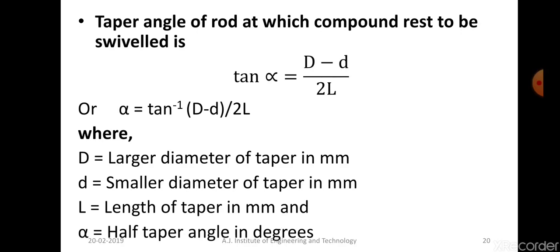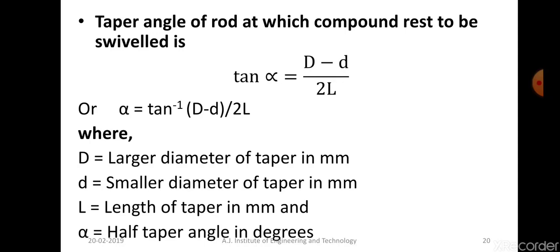We don't want it to move straight. We want it to move at a certain angle so that initially it will take more material, and as the length decreases, it has to reduce the material removal rate, and at one point it should not touch the workpiece at all. That is the point where capital D is. So if it has to move like that, then it cannot move perpendicular to the axis of the workpiece.